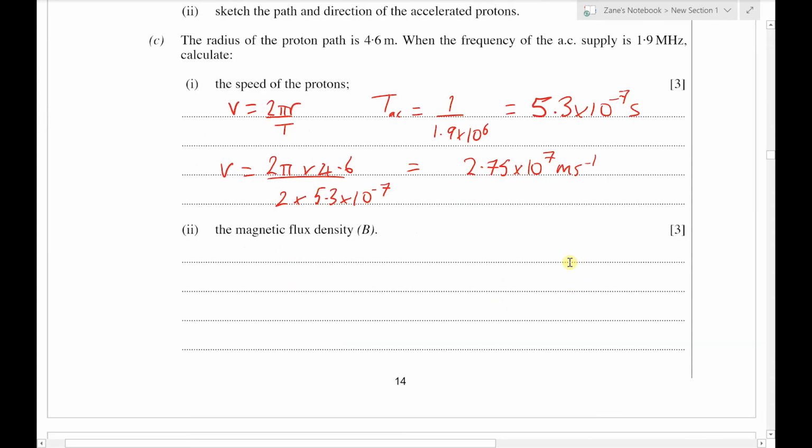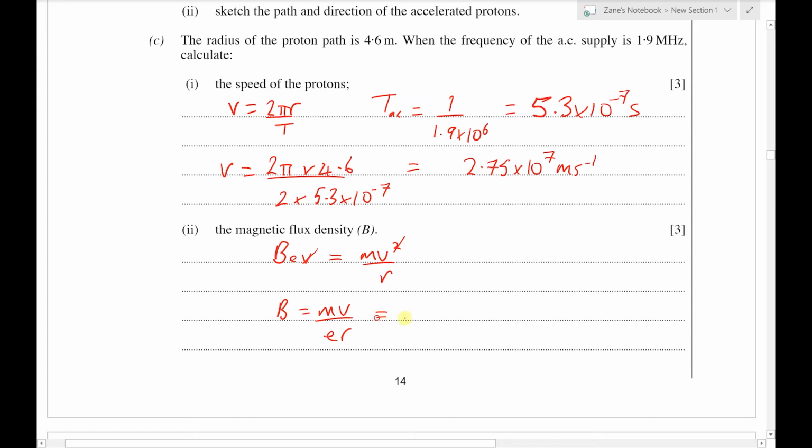Next, we're going to calculate the magnetic flux density. What we're going to do here is start with the magnetic force, BeV. Remember that protons have the same charge as electrons. This is equal to the centripetal force, mv squared over r. We can cancel one of the v's, and a simple bit of rearrangement shows that we end up with mv